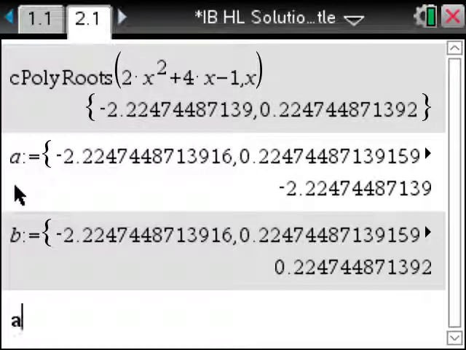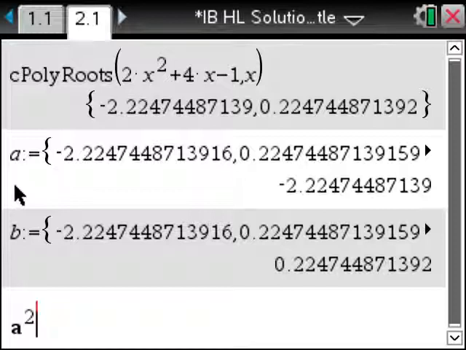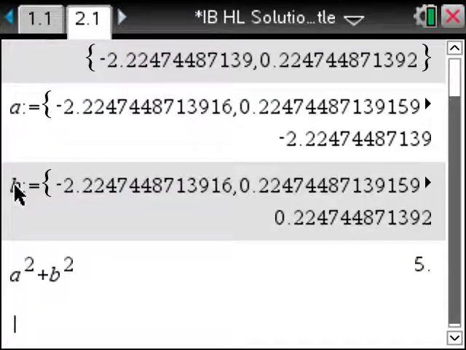Now we're being asked what alpha squared plus beta squared is, so it'll be just A squared plus B squared, and we end up with the value of 5. And we need to find a quadratic equation with roots alpha squared and beta squared, and therefore that would involve